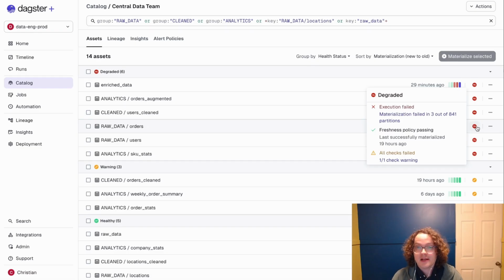Here, when we talk about data quality checks and Dagster asset checks, there's a couple of things they could be. One, we have integrations. So for example, our dbt integration, we automatically pull in all dbt tests as Dagster asset checks. We also have integrations where you can run common data quality frameworks, it could be Soda or it could be Great Expectations. All of those can be executed from Dagster and then have status reported, or you can write your own